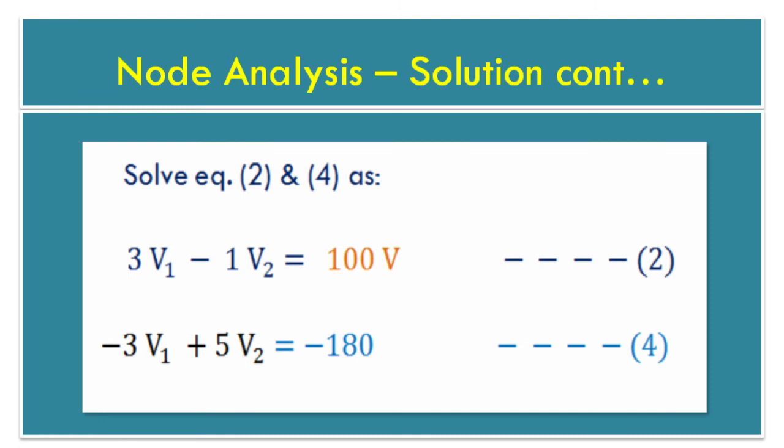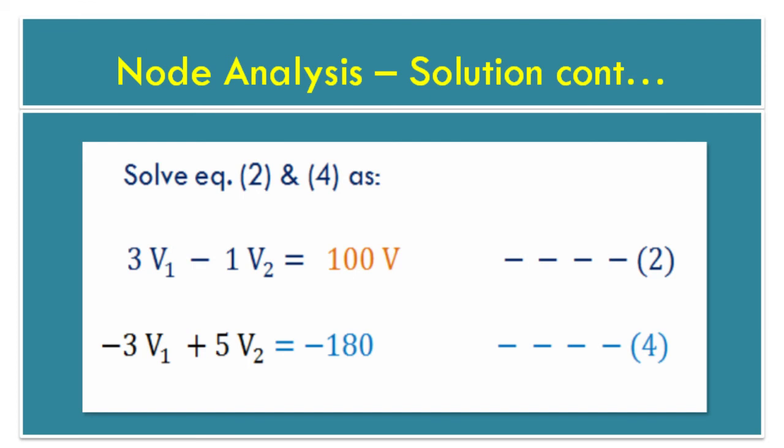Here equation 2 has coefficients of voltages V1 and V2 as 3 and minus 1, and in equation 4 the coefficients of voltage V1 and V2 are minus 3 and 5, along with equation 2 and equation 4 having constant values as 100 and